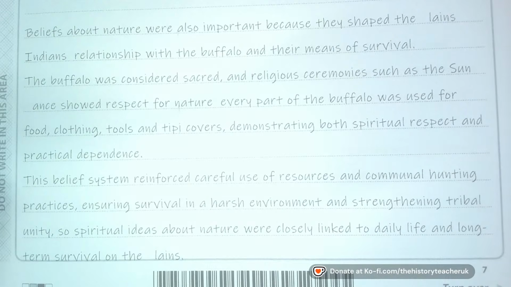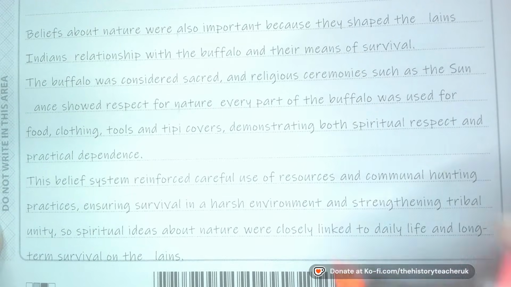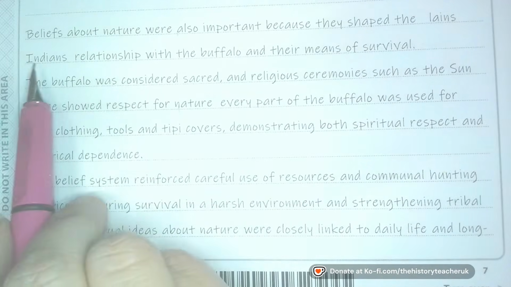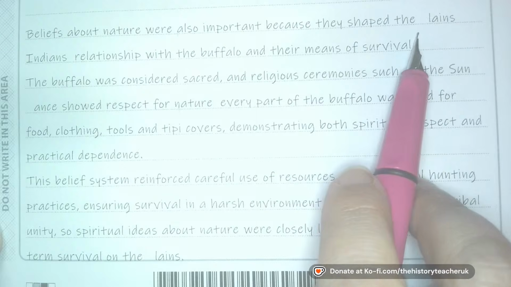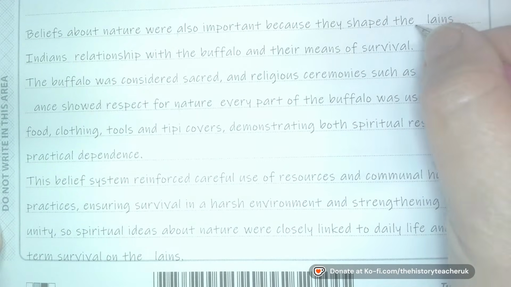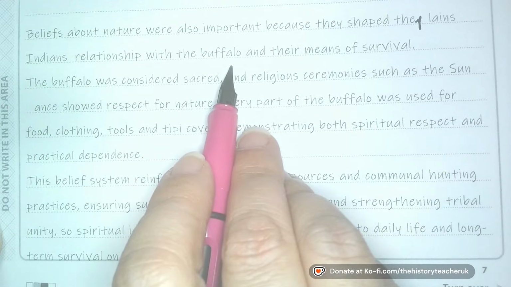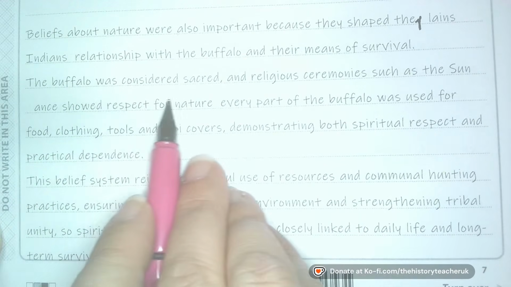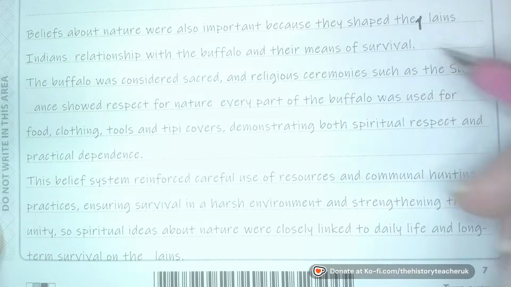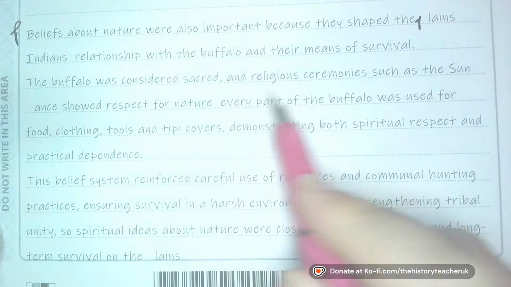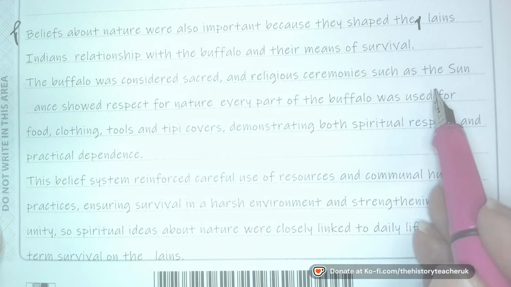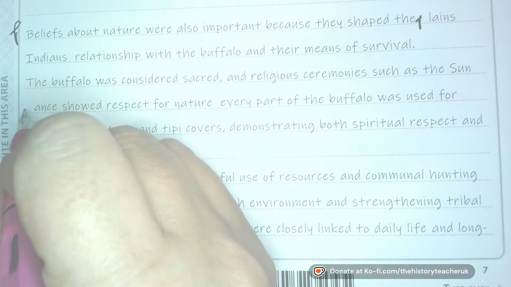There we go, lovely. Okay, so that's really straightforward. I'm not going to highlight this one, but let's just quickly have a look. Beliefs about nature were also important because they shaped the Plains Indians' relationship with the buffalo and their means of survival. The buffalo were also considered sacred. So that's my point. Buffalo were also considered sacred, and religious ceremonies such as the Sun Dance